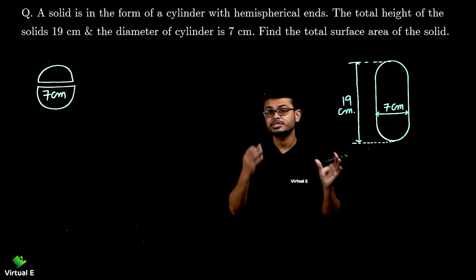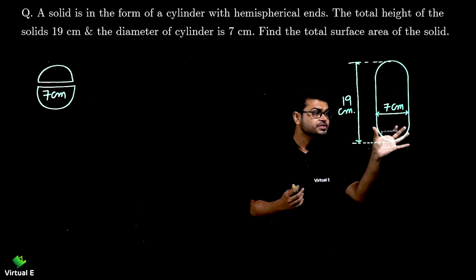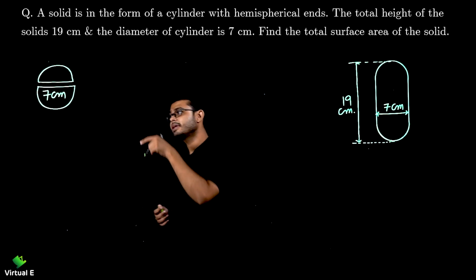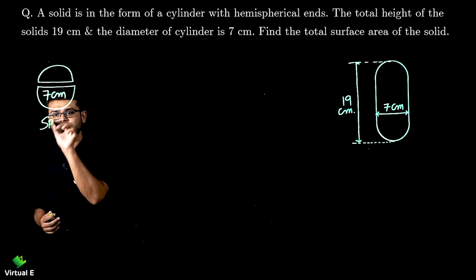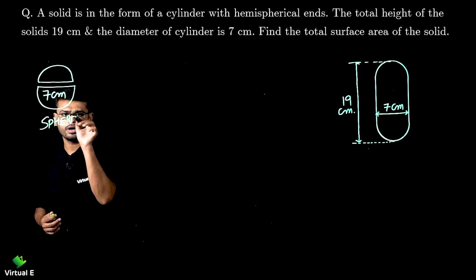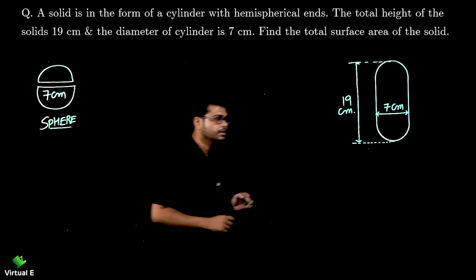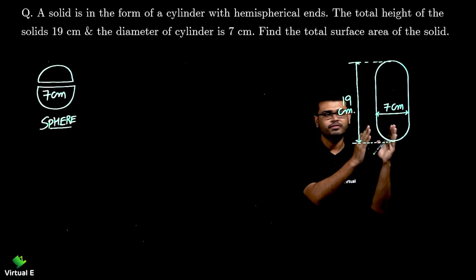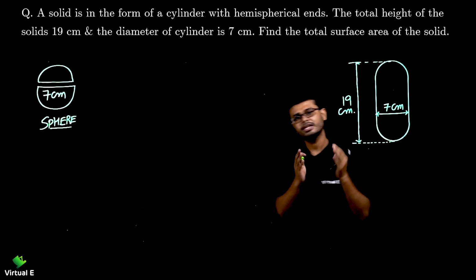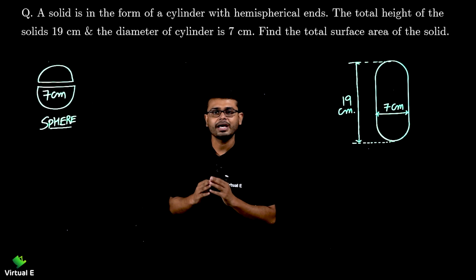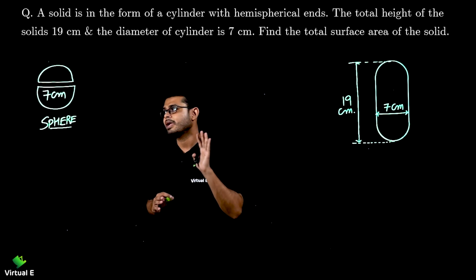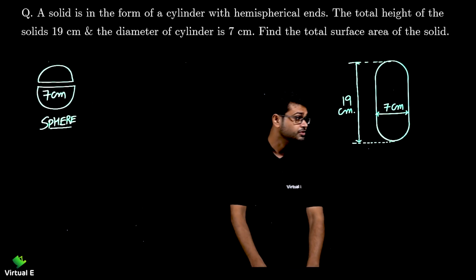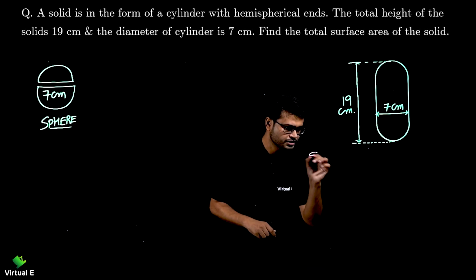Remember, I am using the word sphere here because I am combining this lower hemisphere and this upper hemisphere and making one sphere to avoid the repetition of the calculation. Or you can do it as well that you find the surface area of the lower one, then multiply with 2. That will give you the same. 2 multiplied by 2 pi r square, that is 4 pi r square, and that is the surface area of the sphere. So let's start with the sphere first of all. So here sphere it is,